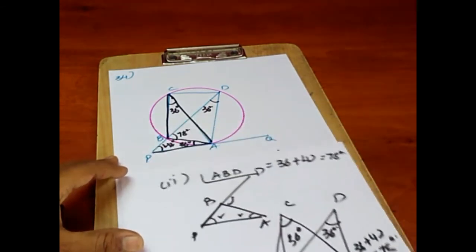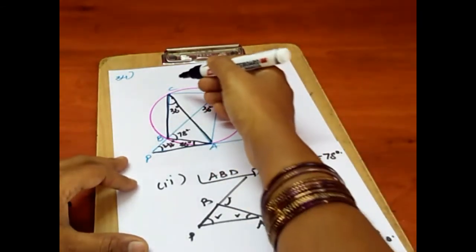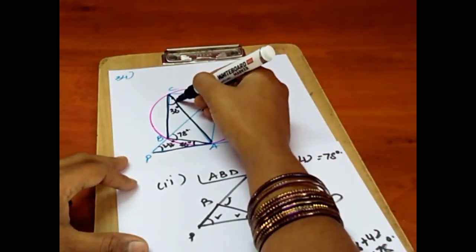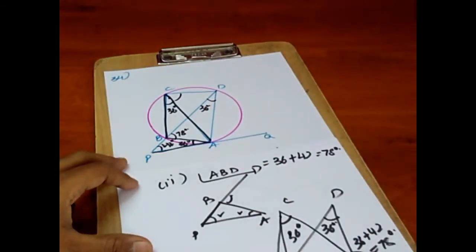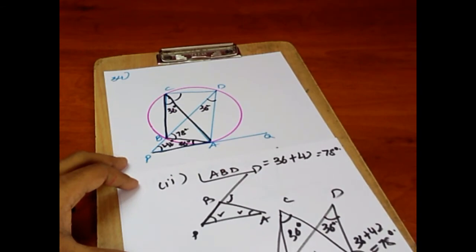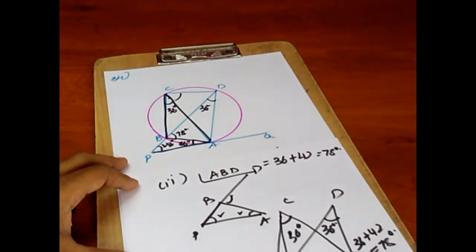And point number 4 is angle BCD. This angle has to be calculated. Just think over, children, how to find the measure of angle BCD. If you observe the diagram, you are very much able to get this angle BCD. Very simple concept. Here also angle BCD is equal to 36 plus 78, which is equal to 114 degrees.